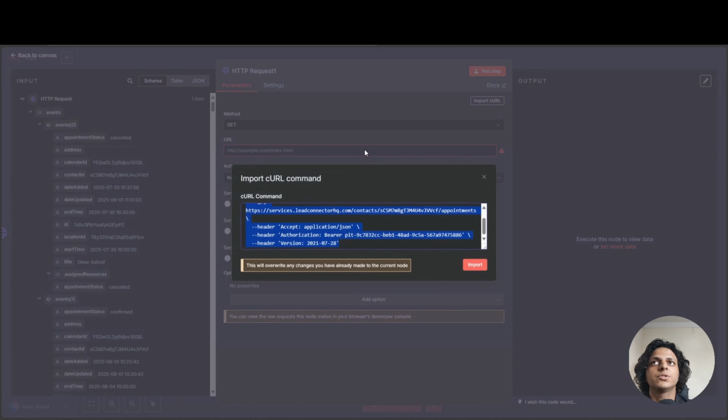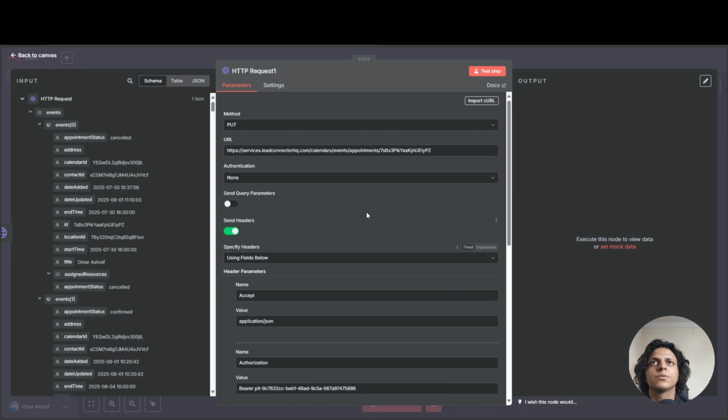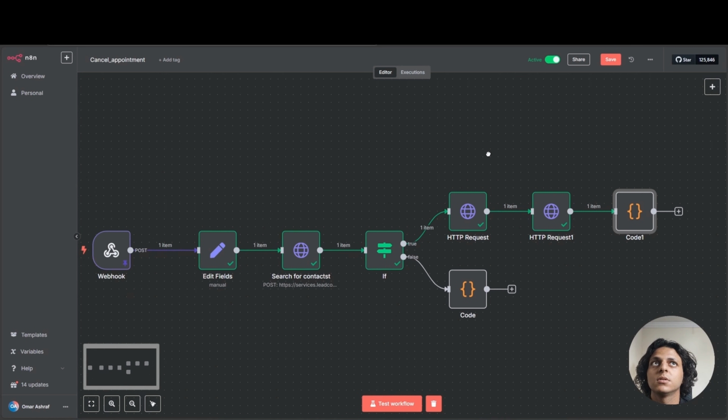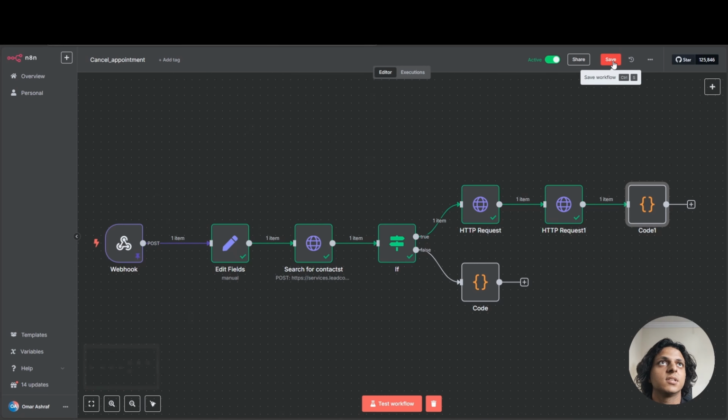Then we're going to import cURL. Click import, and we're going to make the event ID dynamic here. From the events here, we're going to use the last one, which is this one. Then we're going to test it. So the appointment status is cancelled. So let's send the message that the appointment is cancelled. So we're going to send this message: appointment has been cancelled. Then let's save it and let's go to Retell